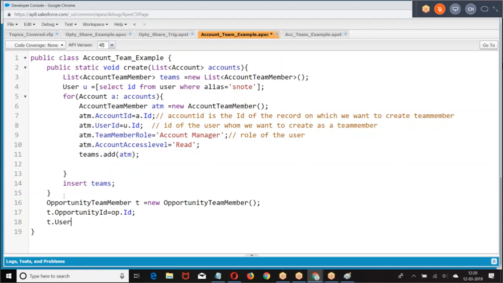T dot, your student ID. Then T dot team member. T dot opportunity accessor.